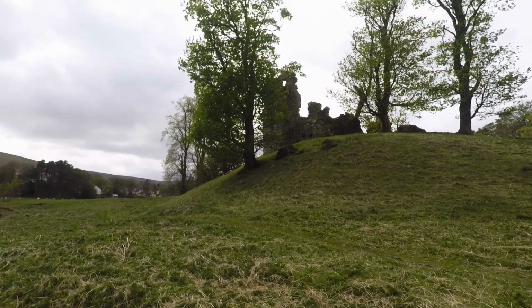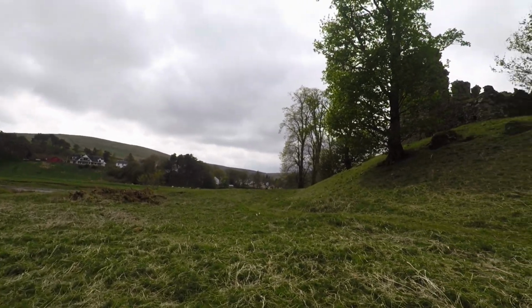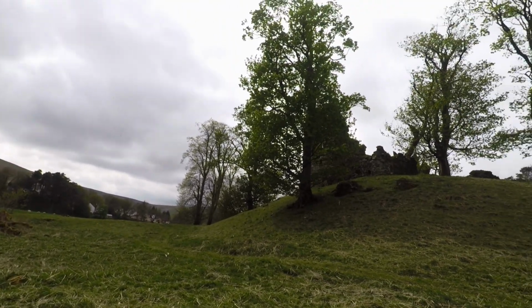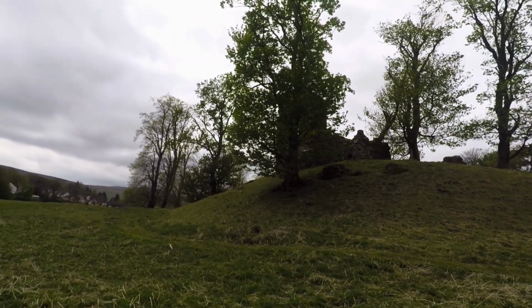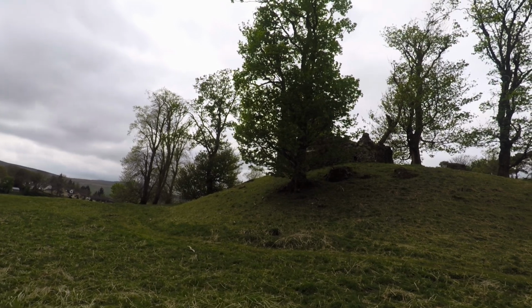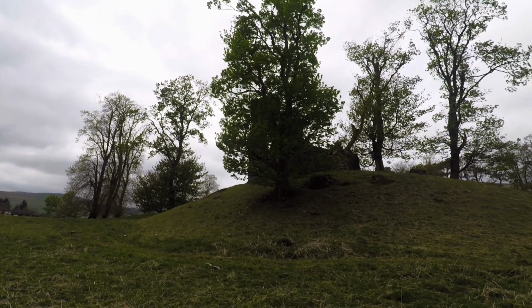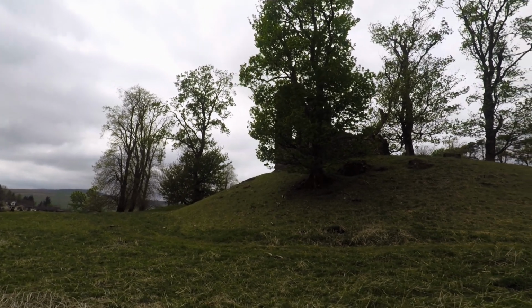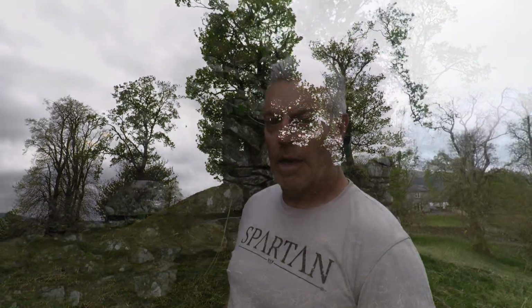It's a fabulous example of a Motte and Bailey castle. And it's a place that is stuck full of stories, tales and legend. And it's a place that should be on your bucket list if you intend to visit Scotland. And if you're on the trail of William Wallace, this is an especially nice place to visit, because largely the countryside around it